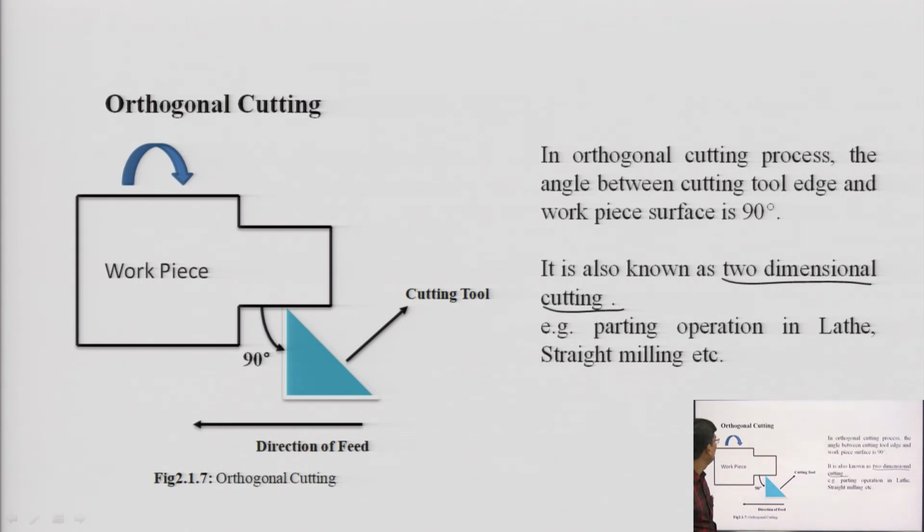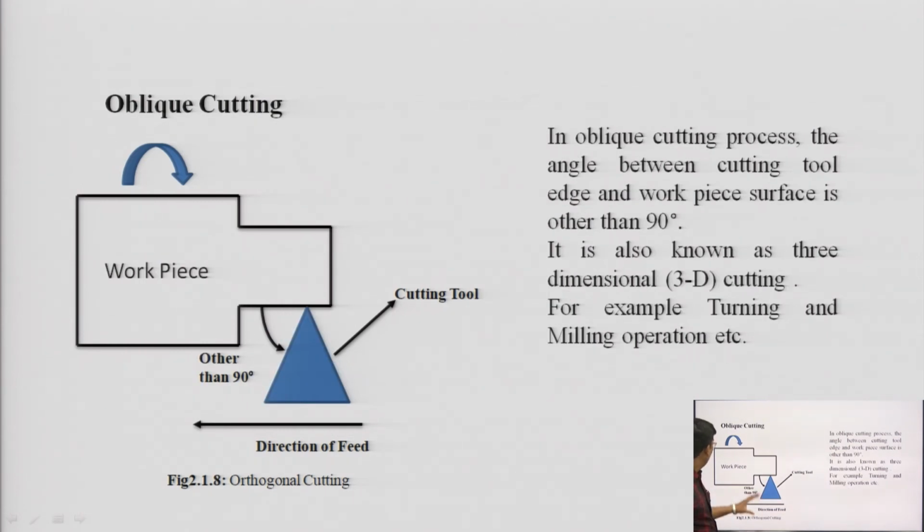पार्टिंग ऑपरेशन इन लेथ एंड स्ट्रेट मिलिंग ऑपरेशन इज नोन एज ऑर्थोगोनल कटिंग। व्हेन एंगल वेरिएशन अदर देन 90 डिग्री, वो कुछ भी हो, 90 डिग्री का मतलब 45 डिग्री भी हो सकता है, 85 भी हो सकता है, 95 भी हो, 100 भी हो सकता है। अदर देन 90 डिग्री नहीं होनी चाहिए, इनके बीच में ये जो एंगल है वो 90 नहीं होनी चाहिए। किसके बीच में? जो हमारा मशीन वर्क पीस है और ये हमारा कटिंग टूल है, इनके बीच का जो एंगल, तो ये हमारा कहलाता है ऑब्लिक कटिंग। तो ऑब्लिक कटिंग में एंगल बिटवीन कटिंग एजेस of the